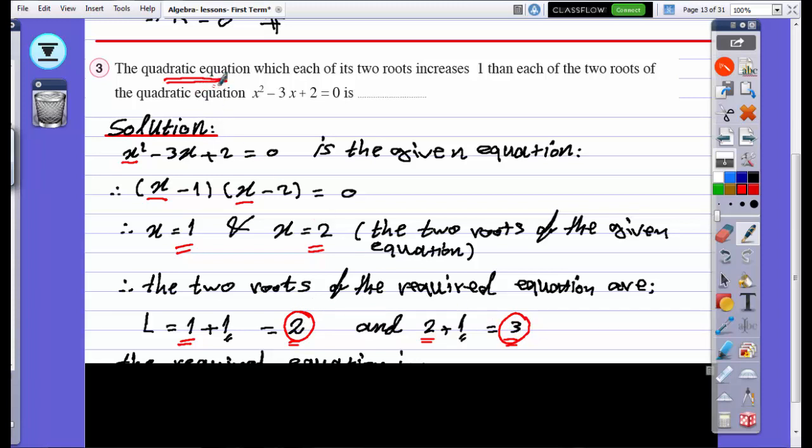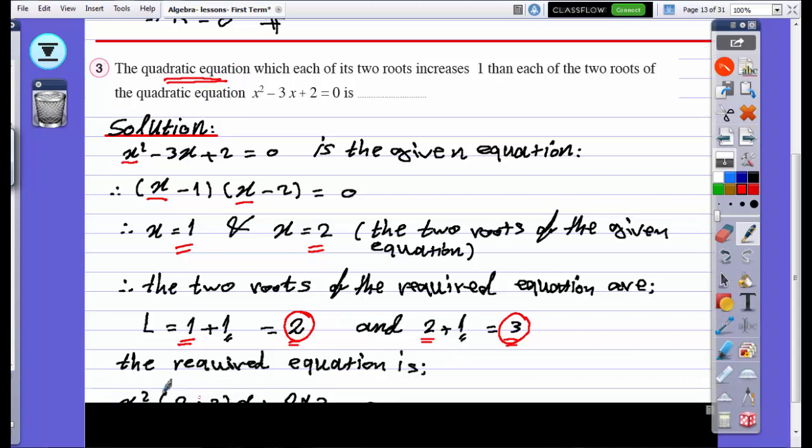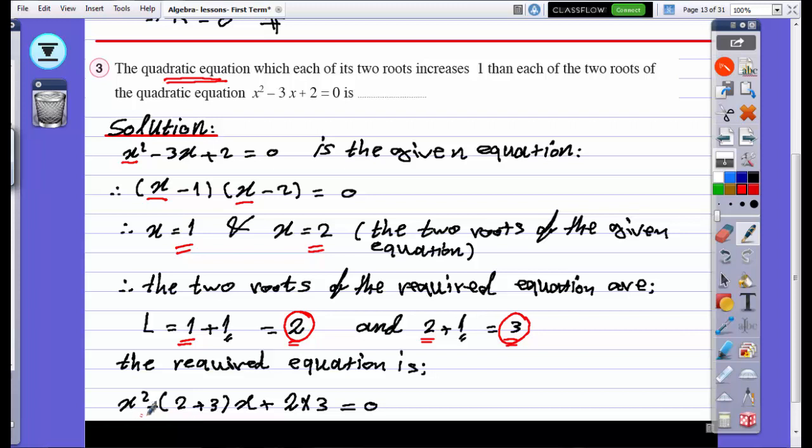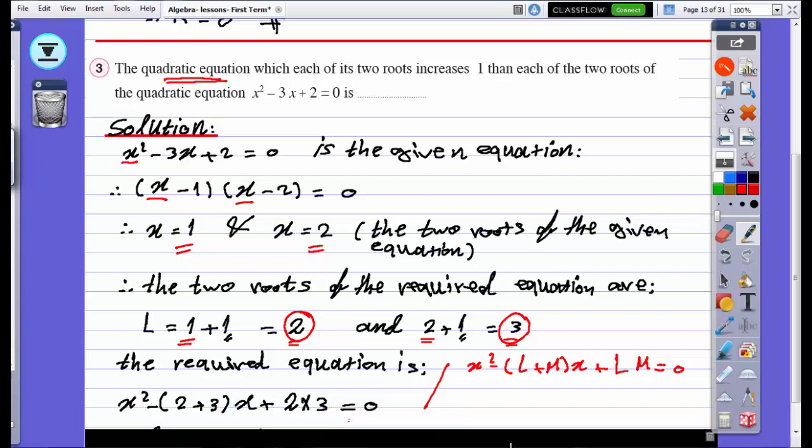The required here is to find this equation, not only the two roots. So the required equation is, we have another form. It is x squared minus the sum of the two roots, L plus M, multiplied by x, plus LM, the product, equals 0, such that L and M are the two roots. So again, the required equation is x squared minus (2 plus 3) multiplied by x plus 2 multiplied by 3, and we complete